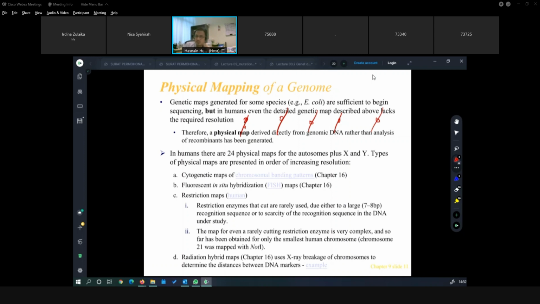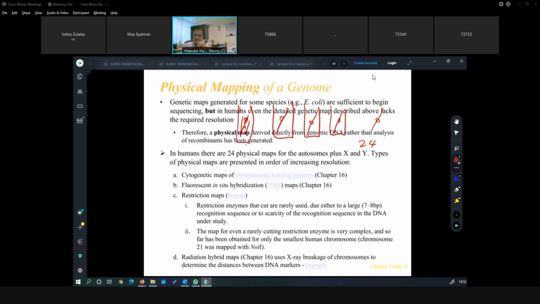So you need to separate them individually. So you have a physical map, individual chromosome. Chromosome 1, you put in tube 1, chromosome 2 into tube 2, tube 3, tube 4. So you have 24 different tubes. In each tube, chromosome 1 is not only one copy, you can have 1,000 copies, but all of them are chromosome 1. So now you have 24 physical maps of human chromosomes.